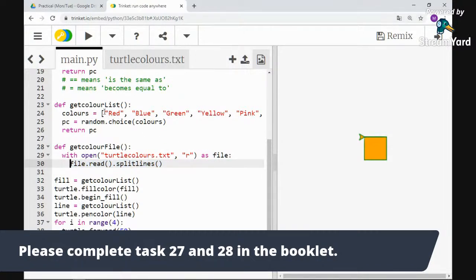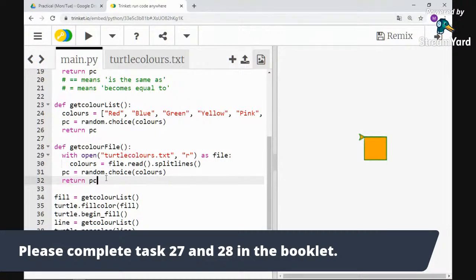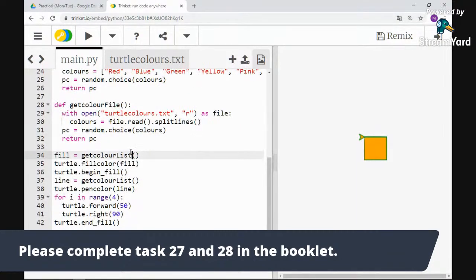And what I can do is I can do the exact same thing as I did up here, but instead of having to type in all the words, I can just read them from the text file. So I can say colors equals file.read.splitlines. Then I've finished with the file because I've already saved all of the colors into a list. So I can just do the same thing as I did here. PC is random.choice colors, and it will return PC. And if I change this to get color file,